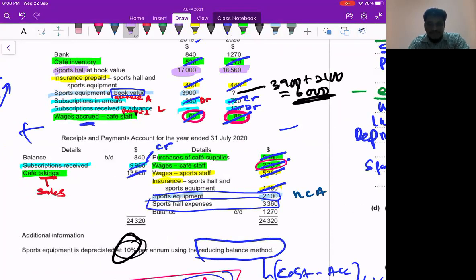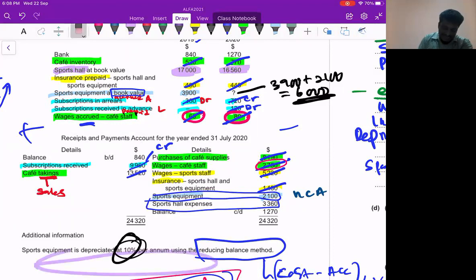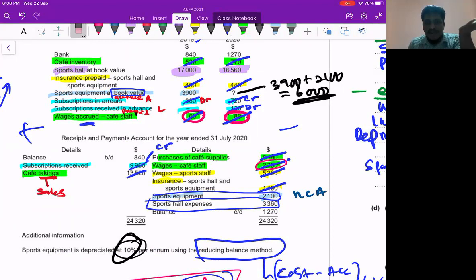It's a non-current asset. Sports hall is a non-current asset. Your non-current asset value decreases. Decrease means only two reasons. Reason number one, you sell. If you sell, you receive money. Did you receive money because of sports hall? No, you didn't sell. If you sell, definitely you will receive money, or the question here will tell you. They didn't tell anything. It means you didn't sell. A non-current asset value reduced, but you didn't sell. What is the reason?